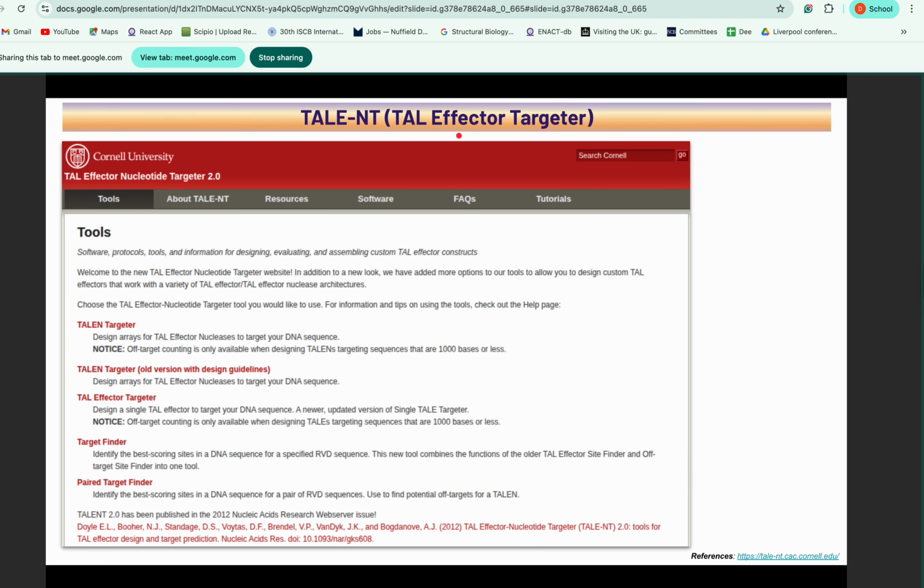Okay, now there are the web pages or web servers of each of those tools. So this is how the TAL Effector Targeter looks like, which has different options for you. So you can choose any of the options according to what you want to see. Either you want to design the arrays for the tal effector nucleases to target your DNA sequence, because whenever we are doing knockout studies, not everyone is working on the same gene. So it can happen that you have some unique DNA sequence for which the talent is not available. So in that way,